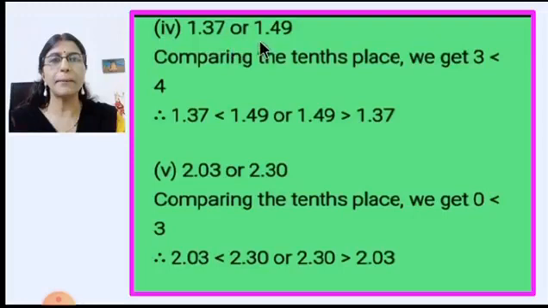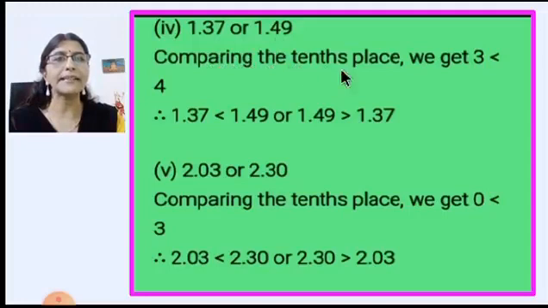Now whenever you compare two decimal numbers, first you have to see the whole number part of the decimal number. Here you can see this is the whole number part, 1. Here also in this decimal number, 1 is the whole number part which is before the decimal point. So in these two numbers you can see here 1, here also 1. That means it is the same. Now we are going to compare the numbers after the decimal point. So this is in the 10th place. This is in the 10th place.